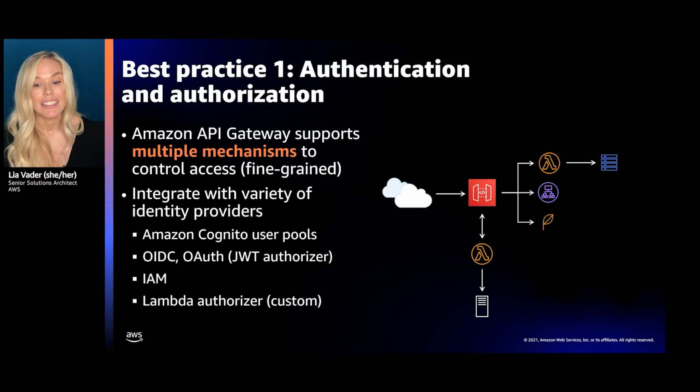And lastly, the Lambda authorizer, as I mentioned, is the most flexible. It's available on REST and HTTP APIs, and you can add your own custom business logic, or you can write your own code and simply validate a token and generate a simple policy. I want to dive a little bit more into this one, since it's a good fit for our use case of an externally facing API.